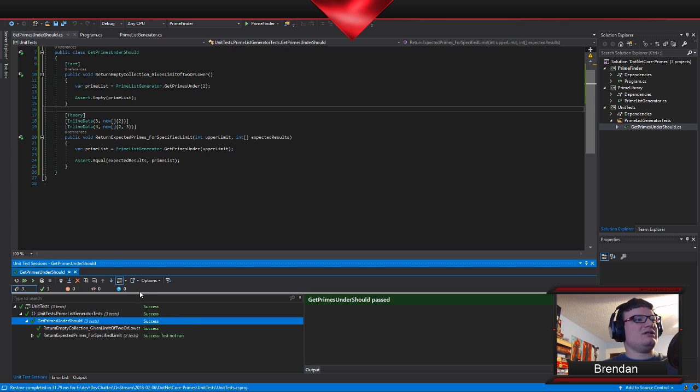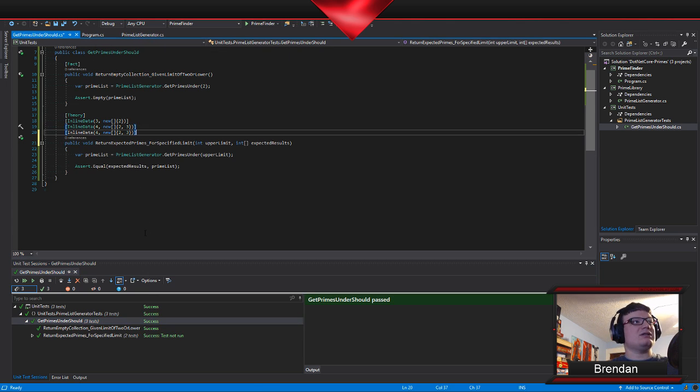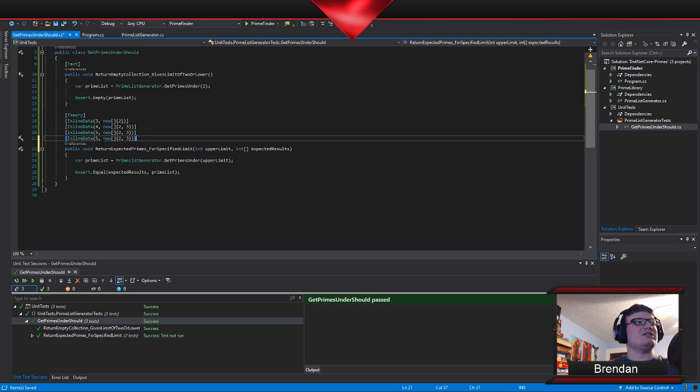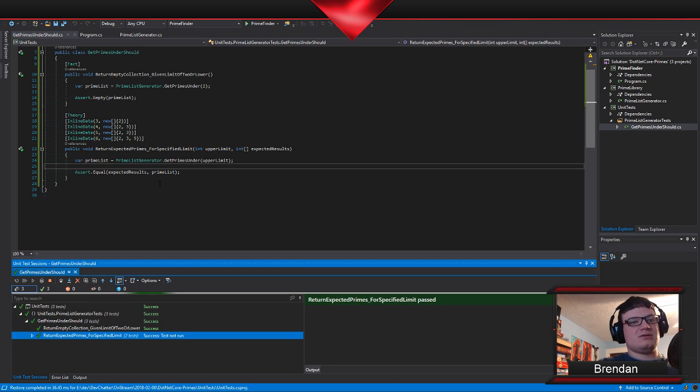And to confirm that that really is working the way we expect it to, we're going to add the next one, which we're expecting, when we go up to 5, to have the same set of data, because that's an exclusive upper limit, so 5 won't get us all the way to 5, but 6 should get us to 5. So we want to make sure that we can get that without getting the 4, and right now it should break on this for 2 of those. So we'll see what it gives us here.